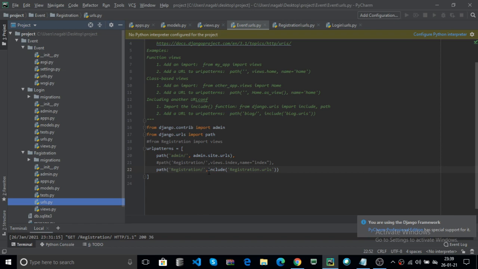Now include all the urls in your registration dot urls. Your urls.py contains any number of paths, it does not matter.